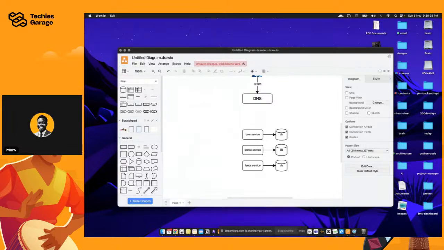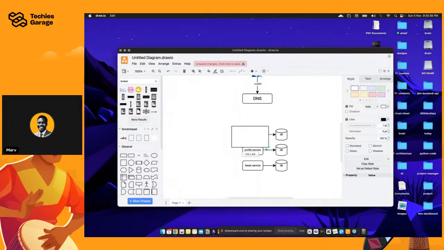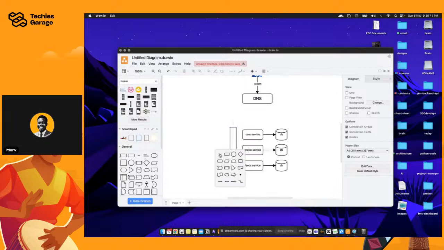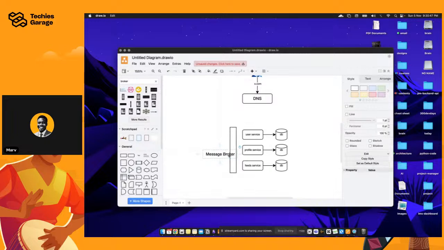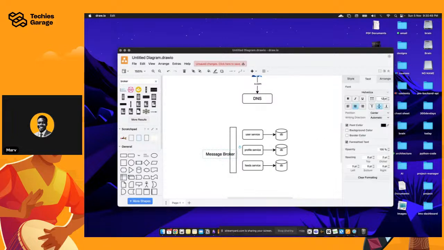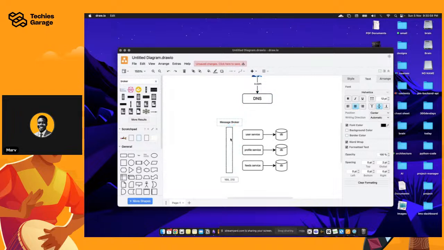So let's see if I can have a broker. If you have something that can be used. Okay, just a very quick. All right, I'm just going to stick to a regular shape. It looks like this. All right, so here we have that message broker. So I'm going to call this a message broker. So this would basically help out with the communication between the services. So let's just keep this at the top here with our message broker. So what happens is that these guys would have to communicate with the message broker, of course.